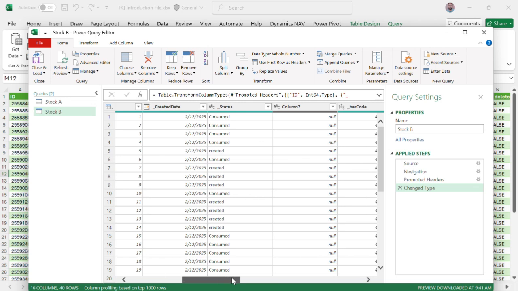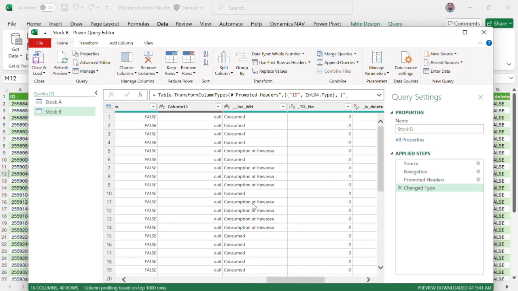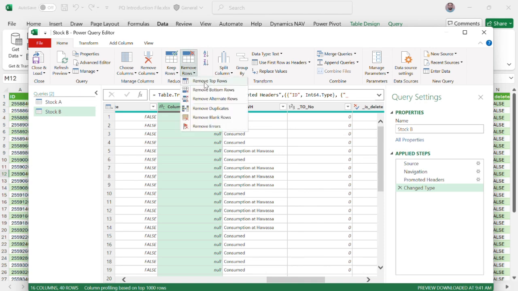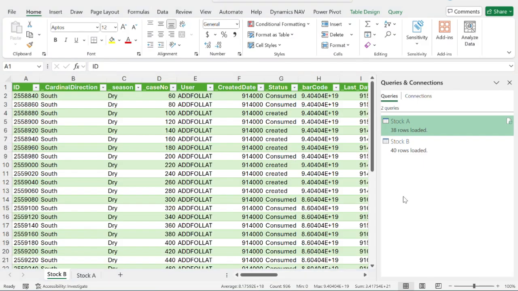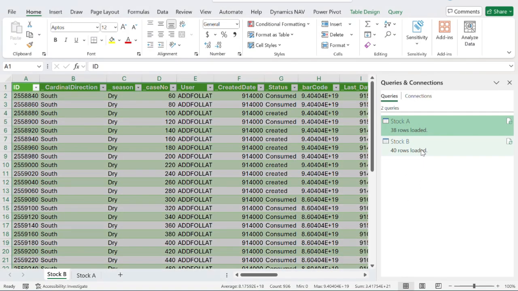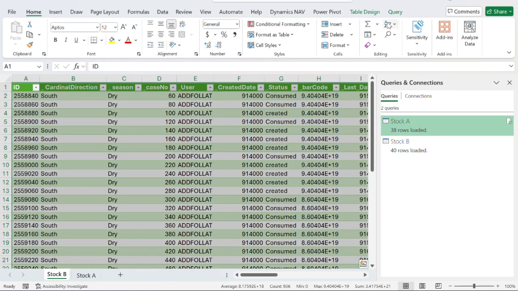I will see if there's anything that I need to edit as the previous time, like nulls. I will remove columns. So we have here the two datas, and then what I'm going to do is go to the Power Pivot,